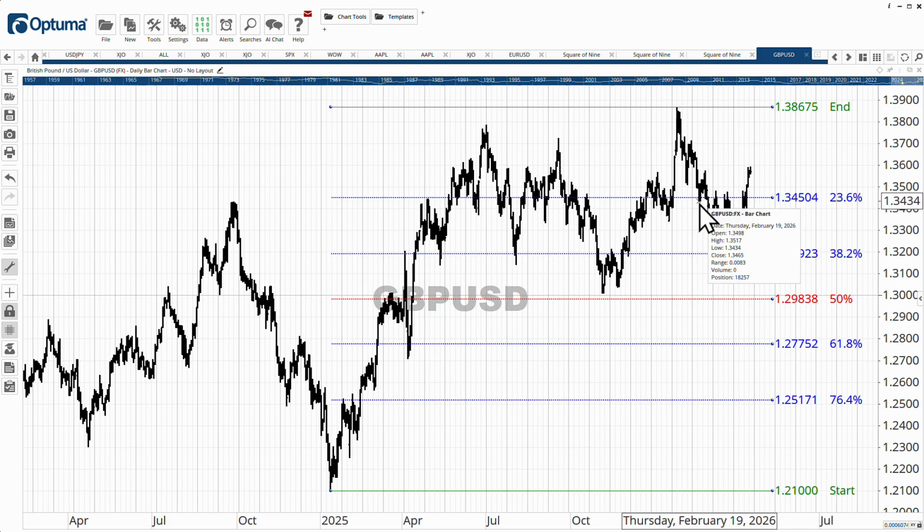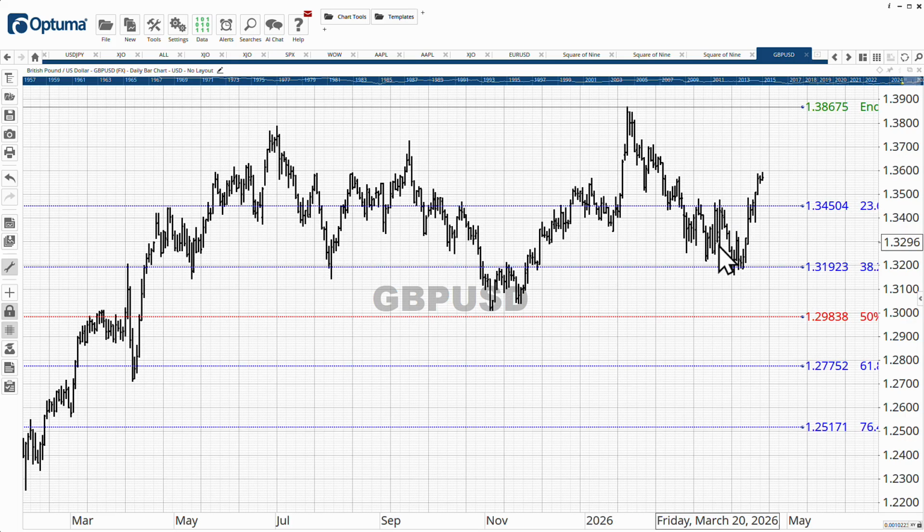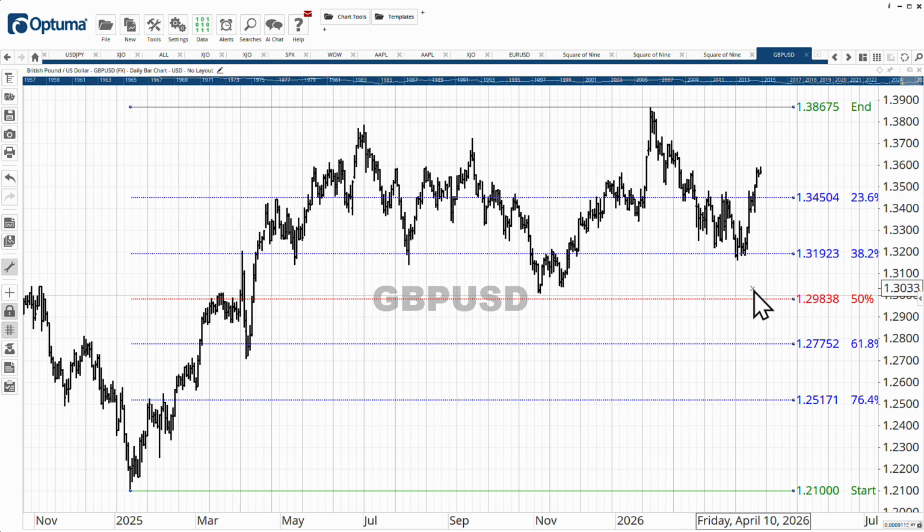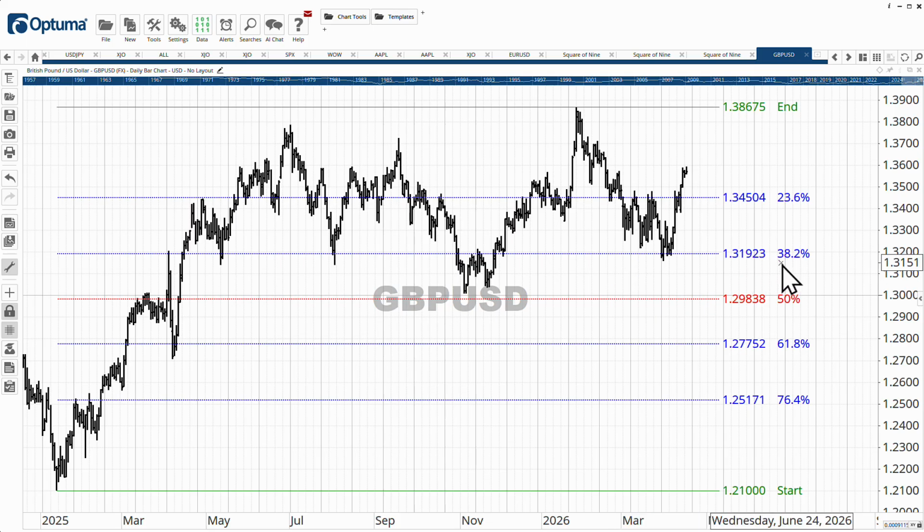Again, we had a quick bounce through here, only lasted a couple of days, and then it went back, and the most recent low, which occurred here early April, is perfectly on the 38.2% level between the major low and this new top. And again, you can see that it sat on the line, moved up, came back and retested it. One of my favorite trading patterns is a retest of previous support and resistance, exactly what the market's done here. And as you can see now, the pound's got stronger